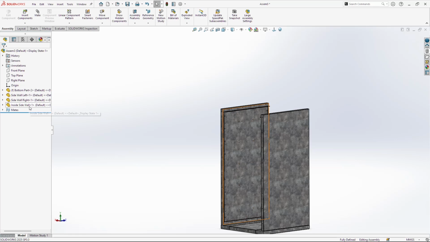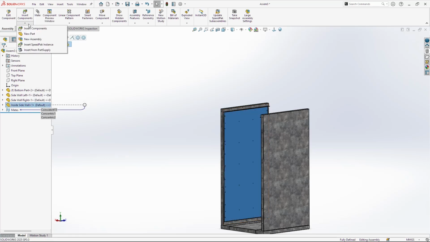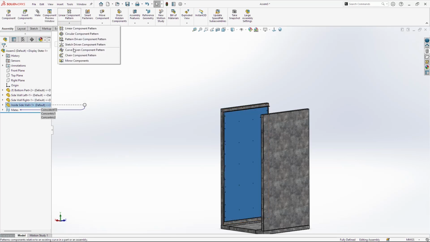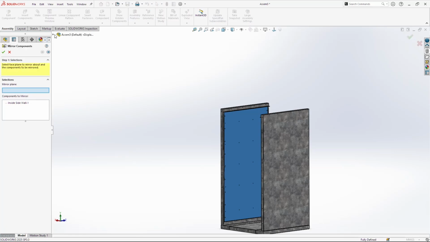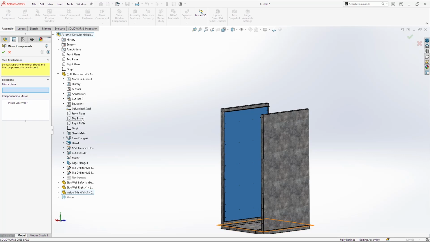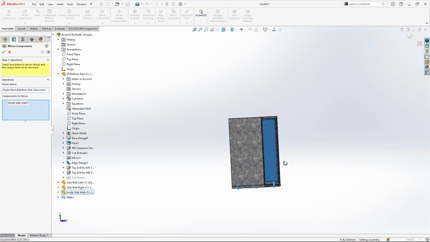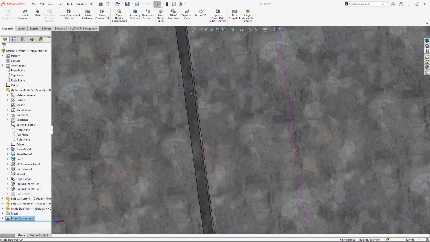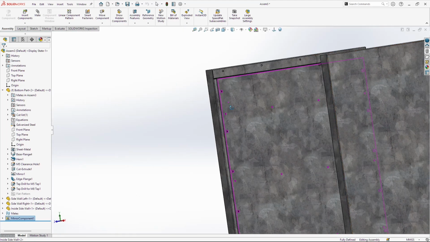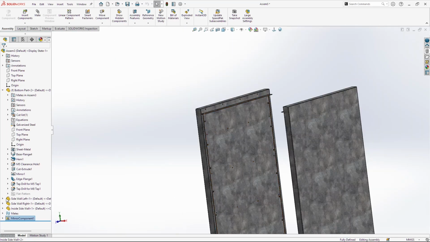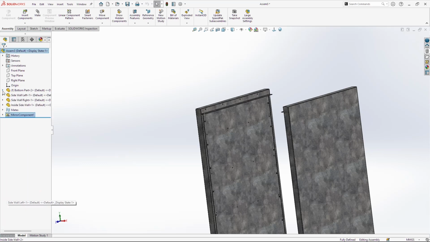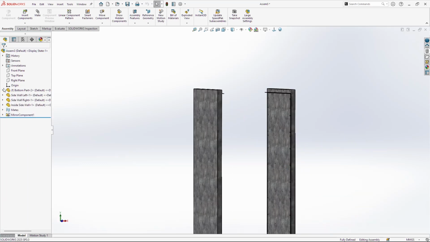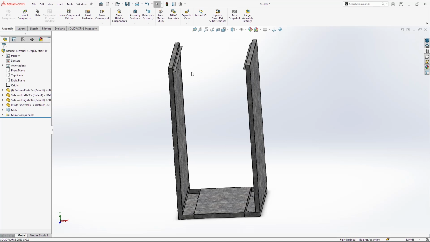Now I'm going to select inside sidewall, and I'm going to make mirror component. I'll use bottom part, right plane for the mirror plane, and I'm just going to click OK. Everything is just fine. Close this assembly tree. Now I need the top part,